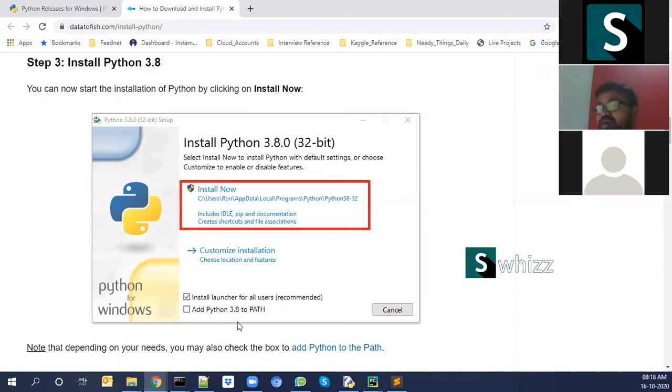Add Python 3.8 to my path. It will enable your path in the environment variable also. Or else you need to go back to your settings, go to the environment variable, go to the path, and edit that file.